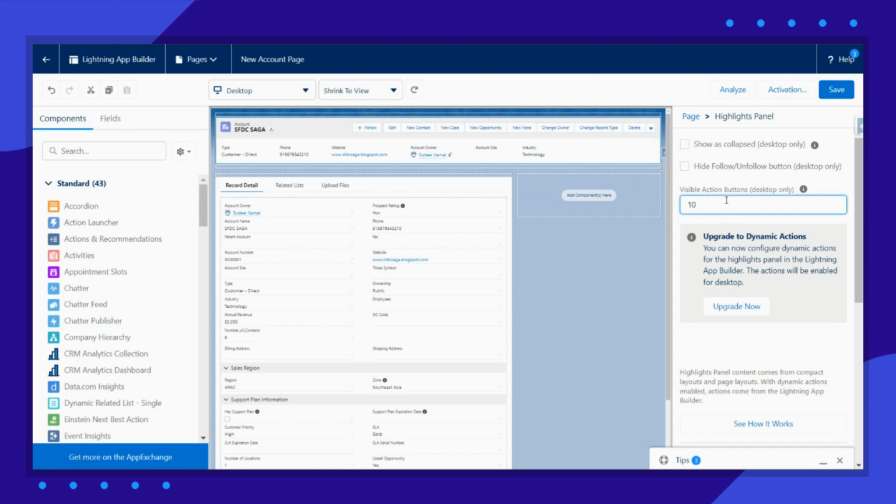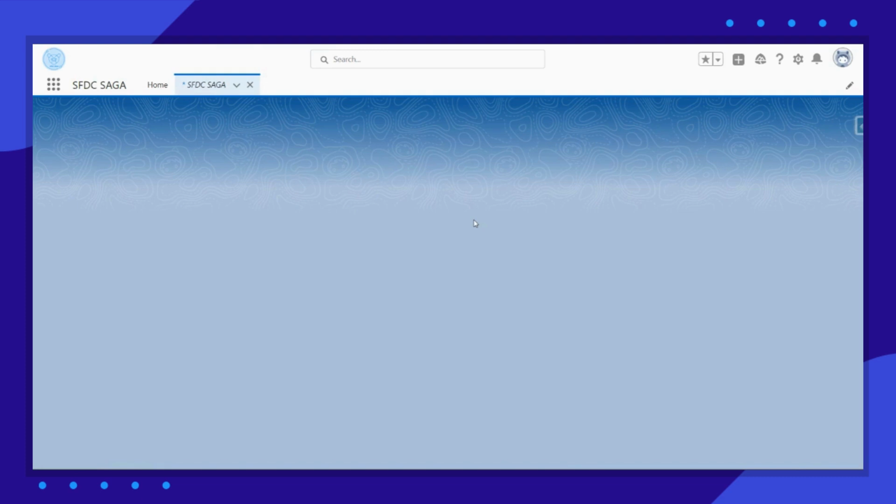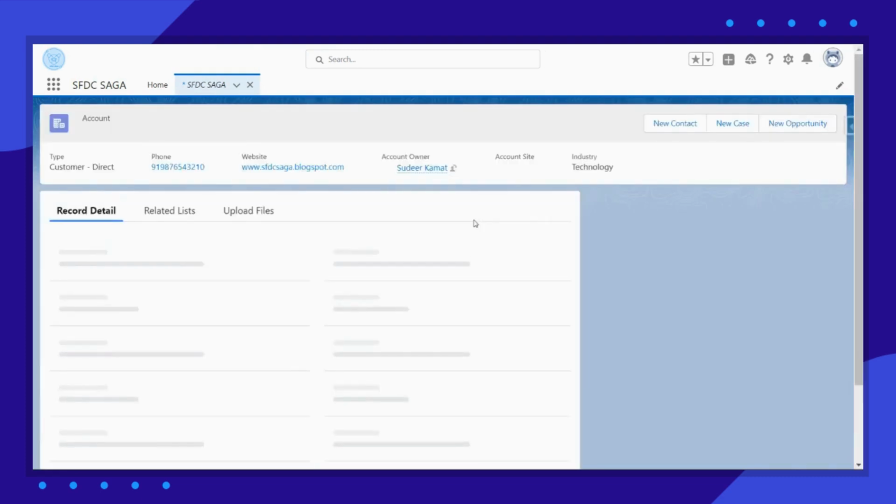This is currently available only for desktop. If you try it on mobile, you will not be able to view all the action buttons. So this is available only for desktop. Let me click on save now. Let me go back to the record page. Now you can see